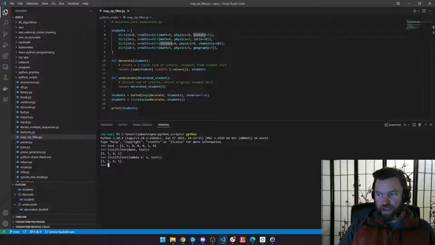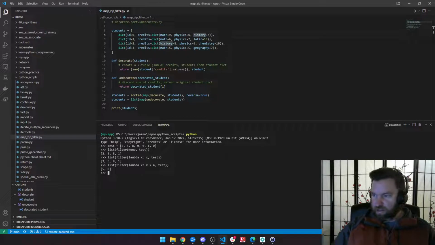Or let's say I only want something greater than some number. I could also list and filter, and then say lambda x, and I'm going to filter x greater than 4 in my test object, and I get 5 and 8. So